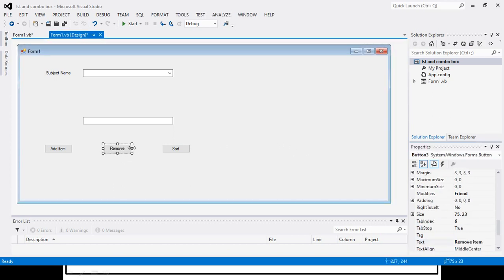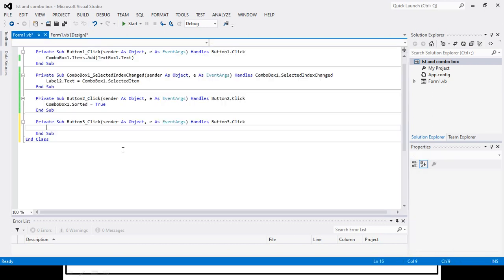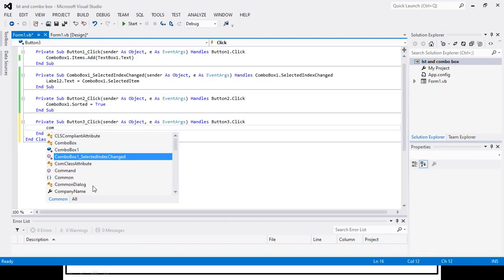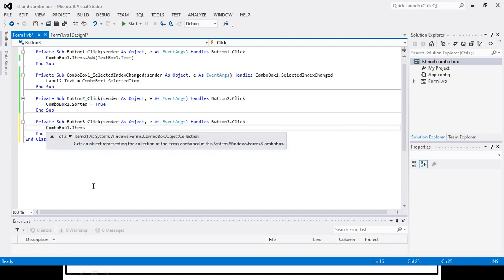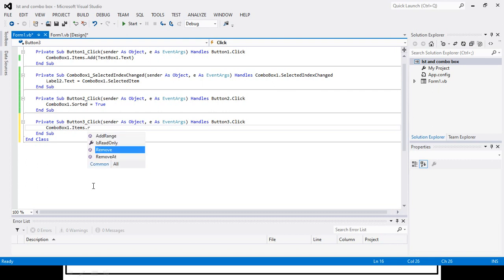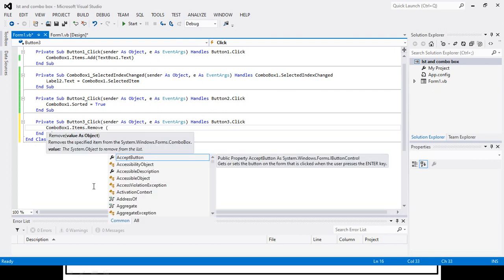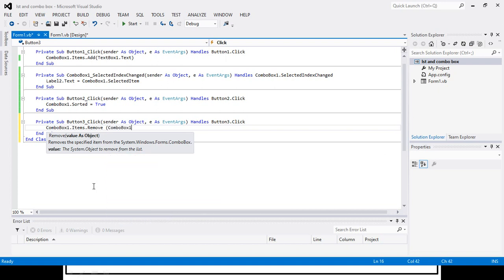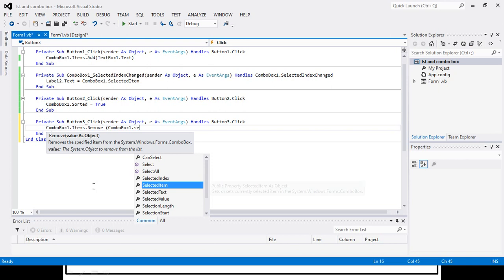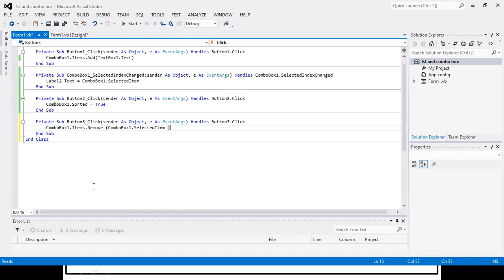And on the click of this I will write combo box 1 dot items dot remove. And what to remove? The combo box 1 dot selected item, whatever the item that we will select, it should get removed from the list.